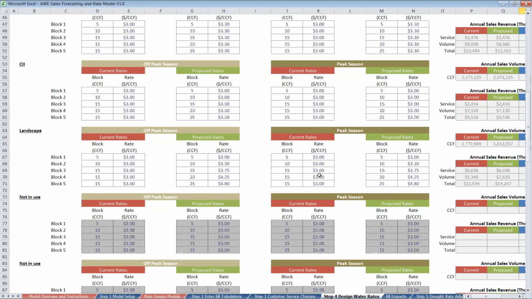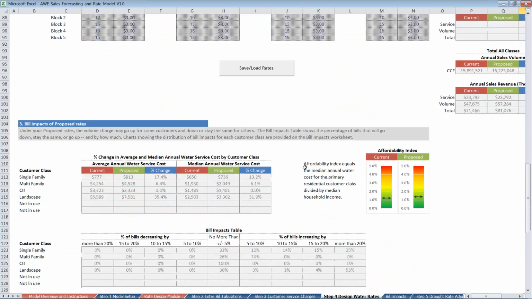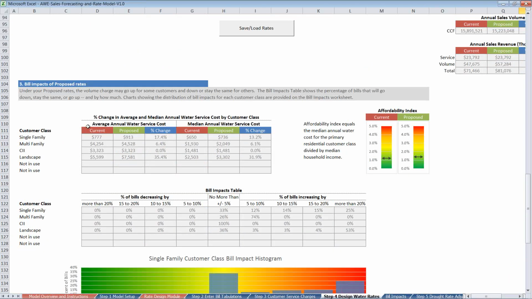And so I will scroll to the bottom, and Tom discussed this part, the bill impacts, and it shows you the average annual water service cost under the current and proposed rates, and the median annual water service costs under current and proposed rates. This chart to the right, where I'm hovering my cursor, also shows the current and proposed affordability index.